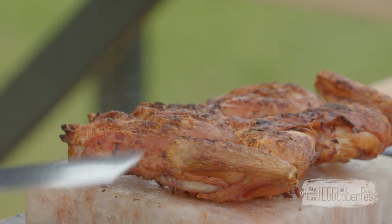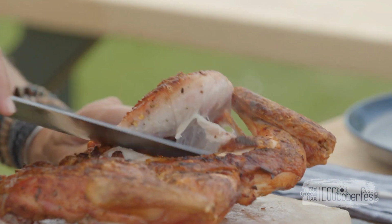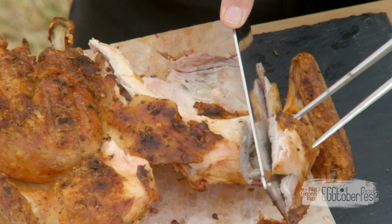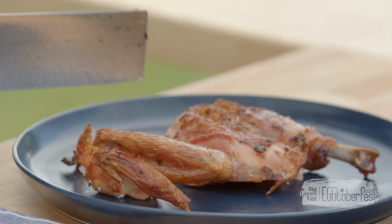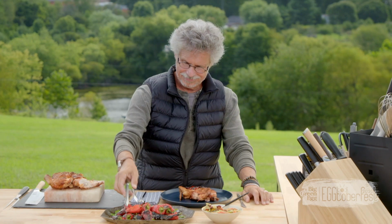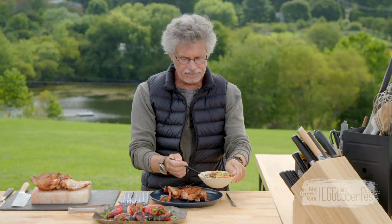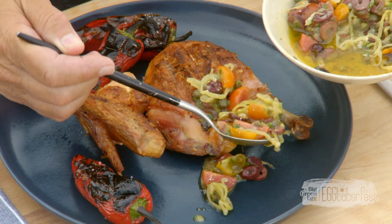Okay. So I'll lift a leg. I'm just going to carve it off right here. I'll cut myself a little piece of wing. Then a couple of grilled hot peppers. Finally, a spoonful of your pepperoncini vinaigrette. And